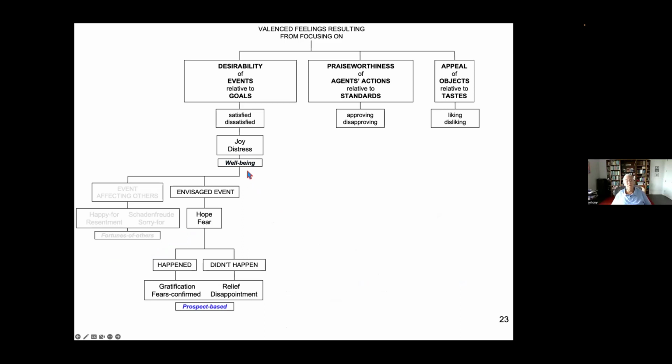So another sort of group that involves an elaboration of simply joy and distress of being positive or negative, desirable or undesirable events, are what we call prospect-based emotions. And those of you who know OCC probably know this better than almost any other group. We've changed this now. We are not so much interested in the prospect of events, but in events that you envisage, something you sort of bring to mind and entertain the possibility of. If it's positive, then you have something roughly like a hope emotion. That's quite interestingly problematic, the word hope here, and fear emotions.